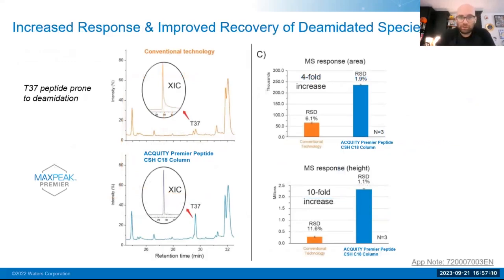You'll see with this that not only are we able to see the actual peaks themselves, we're also able to increase the actual responses of these peptides. We're able to minimize the RSDs too. Of course, a much lower abundant peak may be prone to high RSDs, but with the ability to increase our recovery, we see an increase in reproducibility as well, with significantly lower RSDs within this peak detection.